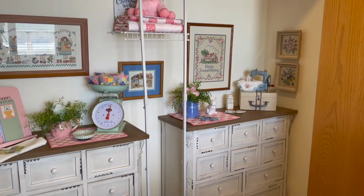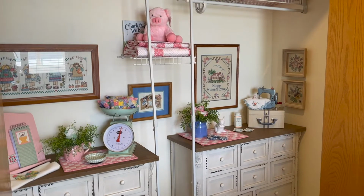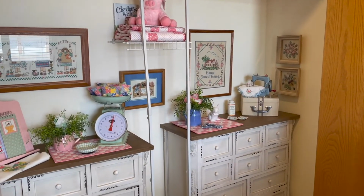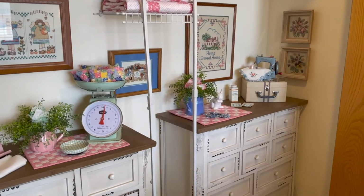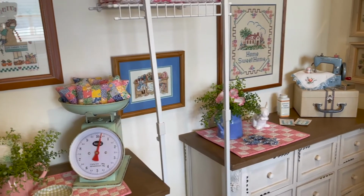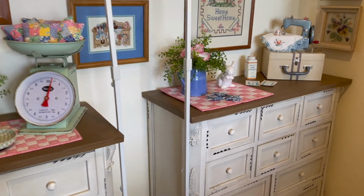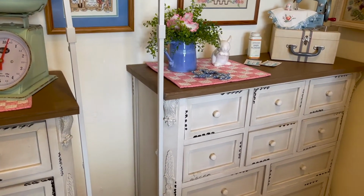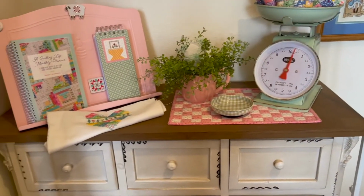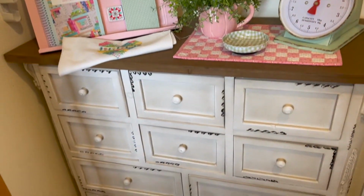So you can see I opened up the doors of the closet, and what I have done is I've removed some of the closet parts, the hanging parts and the shelves, and moved in these two little dressers. And I got these at Hobby Lobby. I wouldn't say they're dressers, but they're just kind of a cute little extra